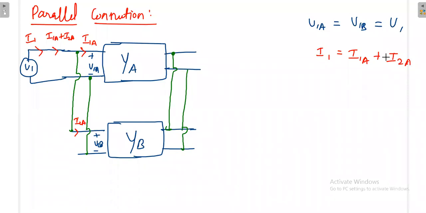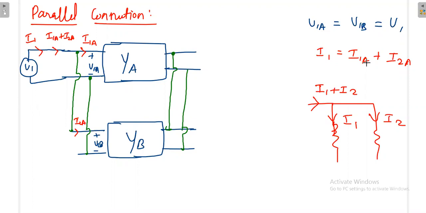That means the current is different. Whenever you have a parallel combination, say for example if you have resistances like this, the current flowing in one resistance is I1, in the other is I2, then the total current is I1 plus I2. Similarly, here it is also happening, so instead of elements we are having networks. In network 1, I1A current is flowing, in network 2, I2A current is flowing, then the final current is I1A plus I2A. Again, there will not be any change in the voltage because it is exactly a parallel connection. Similarly, it is also true here, so the current flowing inside is again I2A.